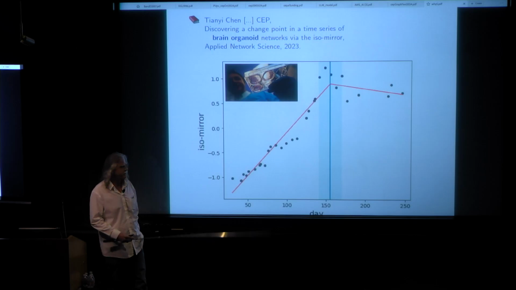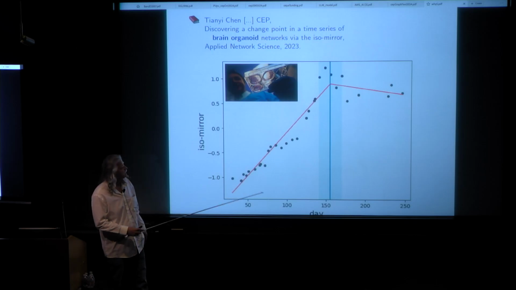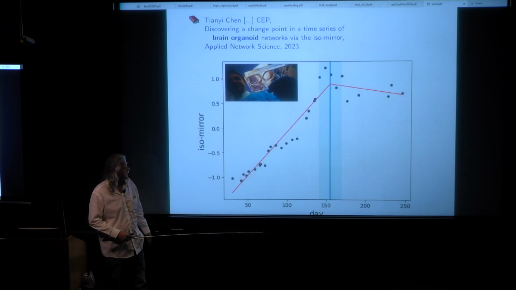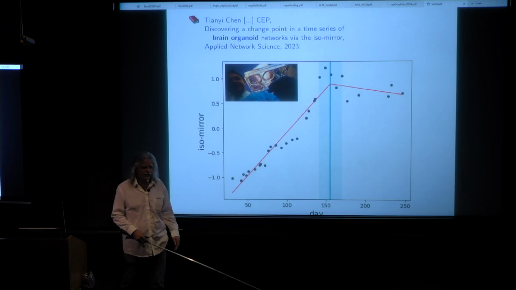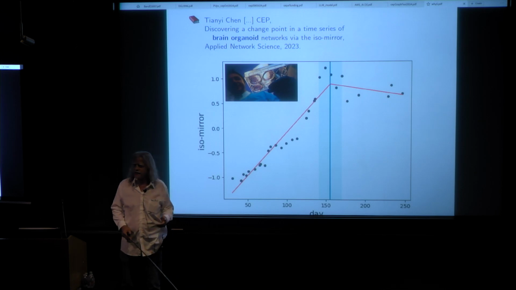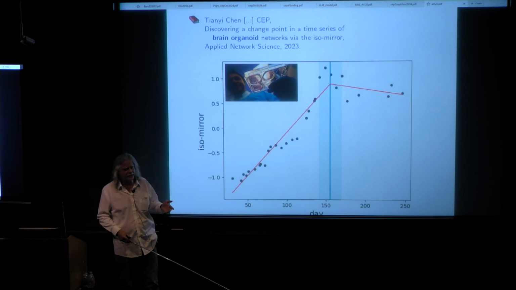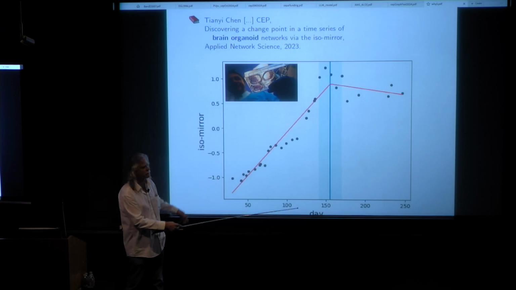And so that's why I'm doing the graph matching. But that's done, and we look at this, and again, each dot is a network. That is this brain organoid measured at time t. And we might see that it's piecewise linear with a change point at day 155 or whatever it is. And so we report that to the neuroscientists, and they go back and they say, just like the pandemic hit, oh, day, six months or whatever it is,